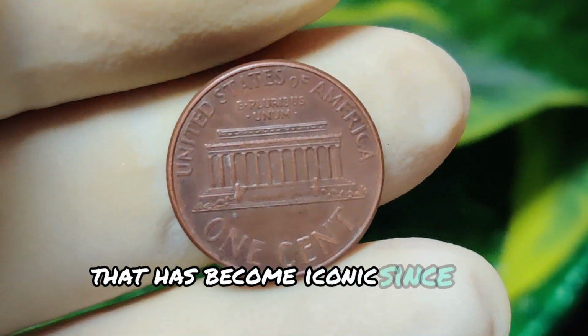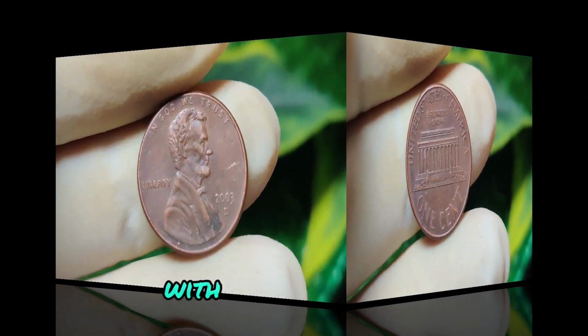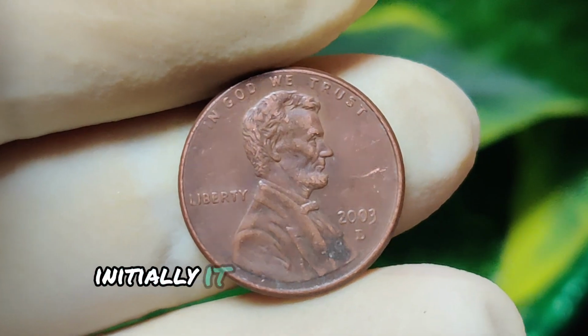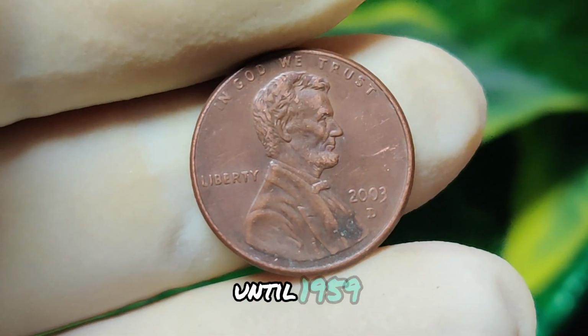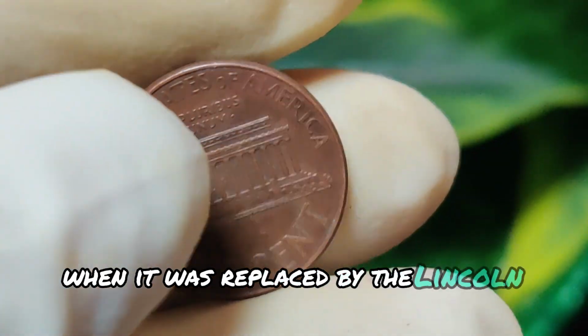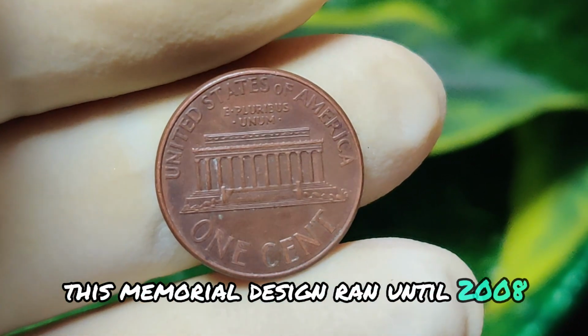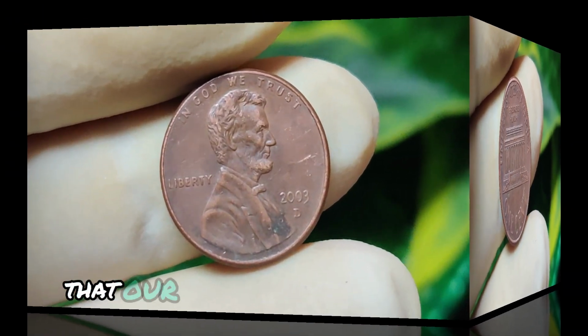iconic. Since its inception, the Lincoln cent has undergone a few design changes, with the reverse side being one of the most notable modifications. Initially, it featured two wheat stalks, a design known as the wheat penny, until 1959 when it was replaced by the Lincoln Memorial design. This memorial design ran until 2008, and it's within this period, specifically in 2003, that our coin of interest was